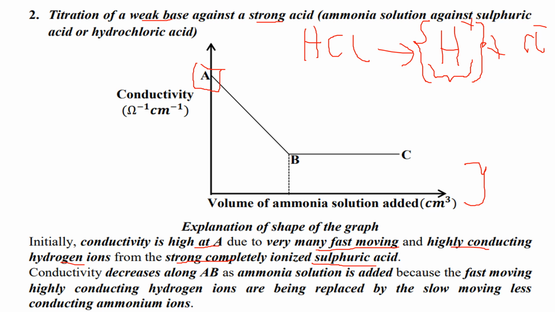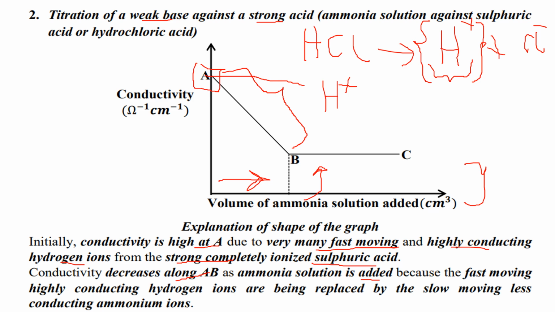So you're going to look at this gradual decrease along line AB. The gradual decrease along line AB, you are seeing, is due to addition of this ammonia solution. But remember that ammonia solution is a weak base. So here we are going to say that conductivity is decreasing along AB as ammonia solution is being added, simply because the conductivity was high due to a lot of hydrogen ions, and it decreases along AB because as you're adding ammonia solution, ammonia is reacting with your sulfuric acid forming ammonium sulfate. Now once that happens